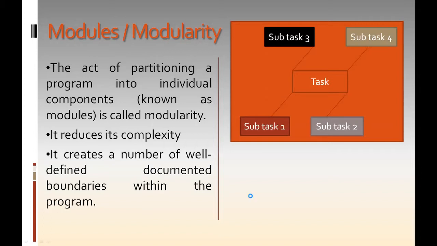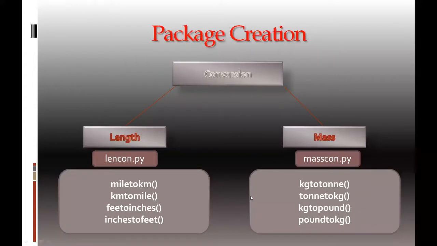Moreover, let us move on to a problem. The problem which I am going to solve and show to you is: I am going to create a package with two modules, namely length and mass, under the subheading conversion. Conversion has two parts. One is length, the other one is mass conversion. The program name which I am going to keep for length conversion is lencon.py. For mass conversion, I'm going to have it as